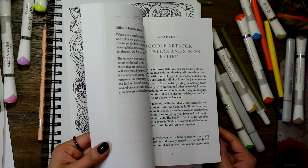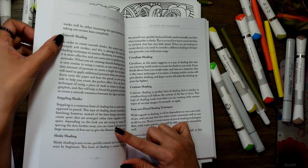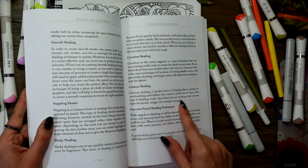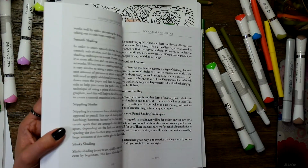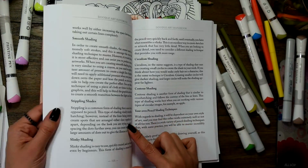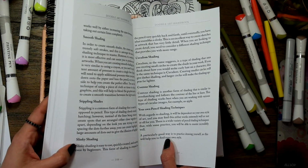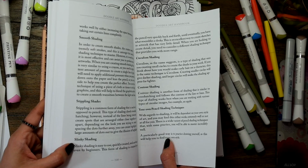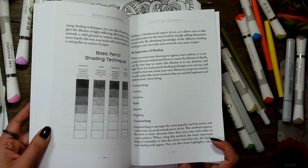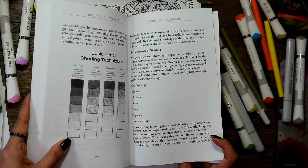It even tells you how to shade your drawing: stippling shades, slinky shading, smooth shading. I go for the smooth shading usually when I'm coloring anyway. And I didn't know that there are so many names when it comes to shading. I knew about stippling, but I didn't know about slinky or circulism or contour. Oh well, I knew about contour shading. I do that a lot. And you will get some techniques on how to shade with your pencil here,